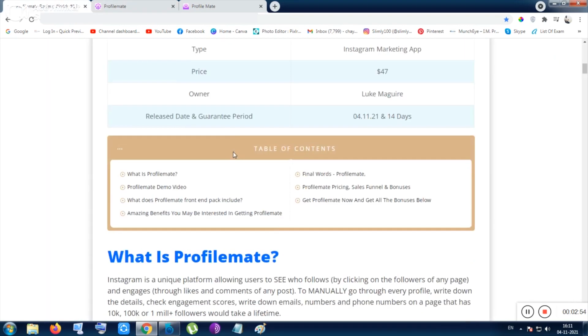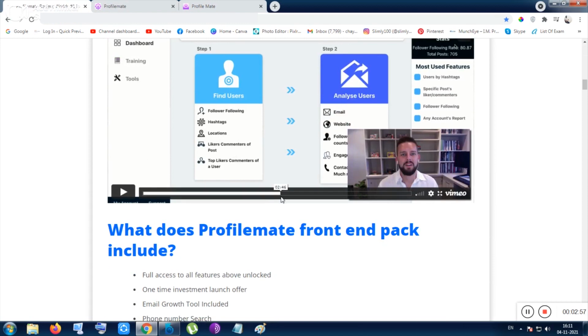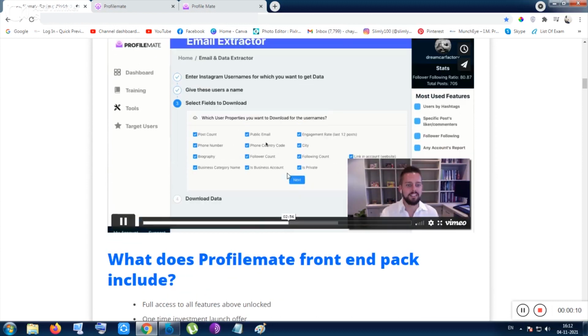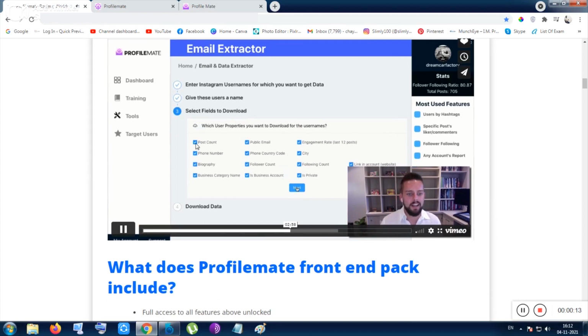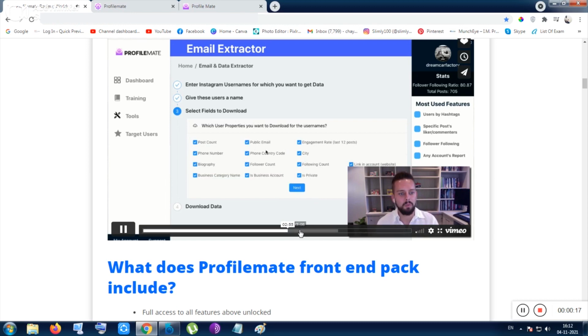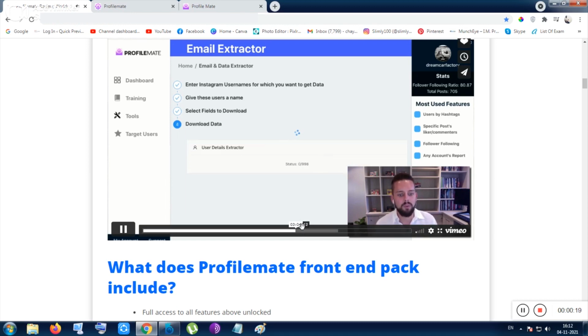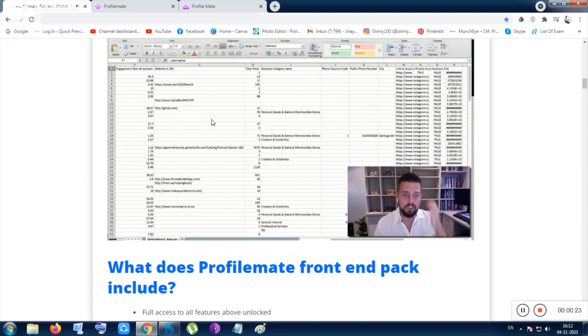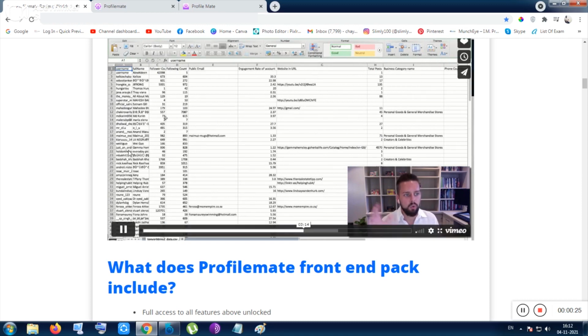So you can also download, everything is downloadable. After gathering the information you can easily download it. You can see here select fields to download. So inside here, after putting the tick mark in each of them or all of them, you can download them, and inside an Excel sheet you can paste them, or inside a CSV file you can open that stuff.